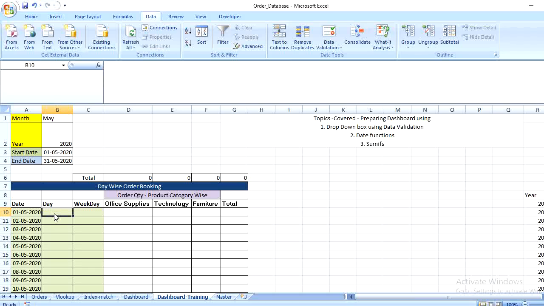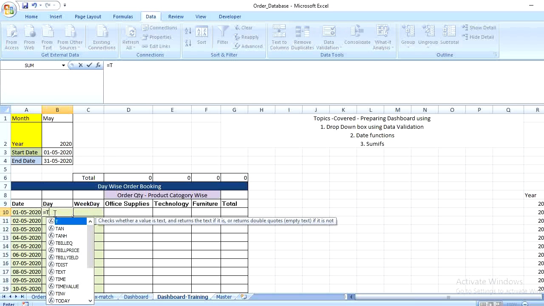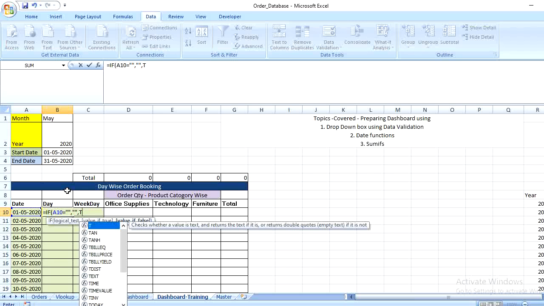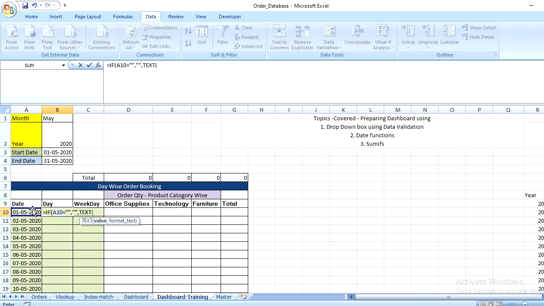Now if I don't want the total date to be displayed there, if I want to display only the day number of the current month, then I am applying a simple formula, here also an IF condition formula. First, if this is blank, equal to blank, I want to display blank, else here I want to get only the day. So I am applying the TEXT formula, selecting the date, comma, I want the date only there, so selecting this.